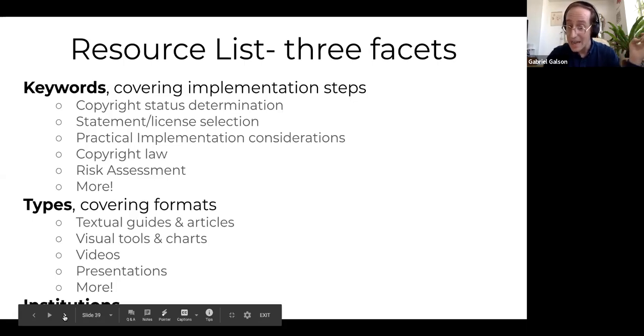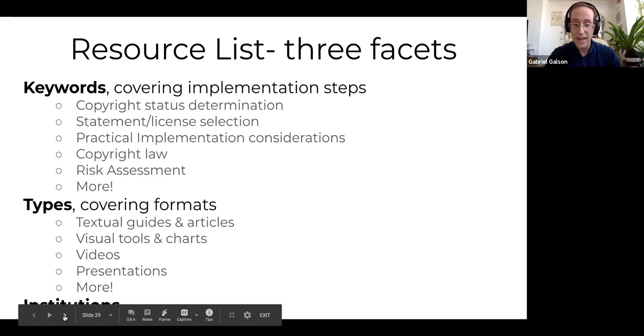There's rights statement selection, determining based on best practices which rightstatements.org statement or Creative Commons license to apply based on an object's copyright status. Then there's risk assessment, the evaluation of the institutional risk that you're assuming when digitally disseminating a given object. No one resource covers all of these steps comprehensively, but the Rights Portal seeks to clarify which resources can be used for which steps.